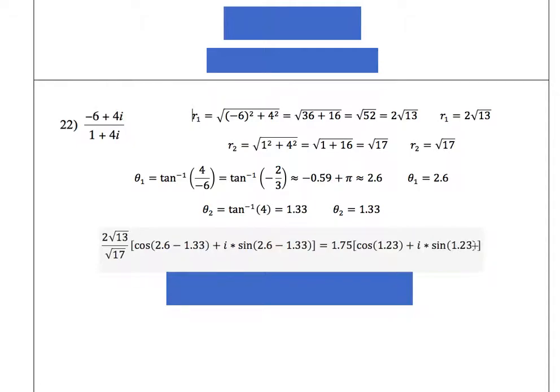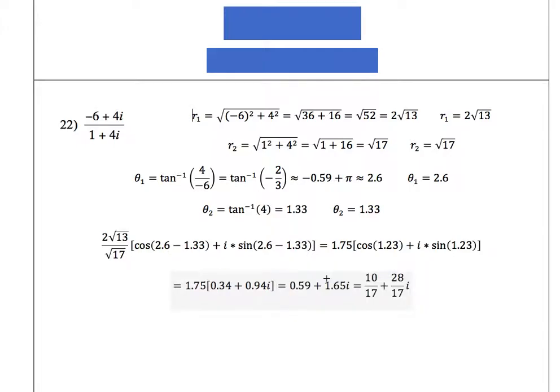The reason why is because once you multiply this 1.75 to whatever you get with cosine of 1.23 whatever and sine of 1.23 whatever, you end up with whole numbers, okay? So if you are not getting the exact same answers as any of the multiple choice, it's because you typed in a rounded calculation instead of using the full calculation. All right, so then cosine of all that is 0.34 something, and sine of all this is 0.94 something. We multiply by 1.75, and we end up